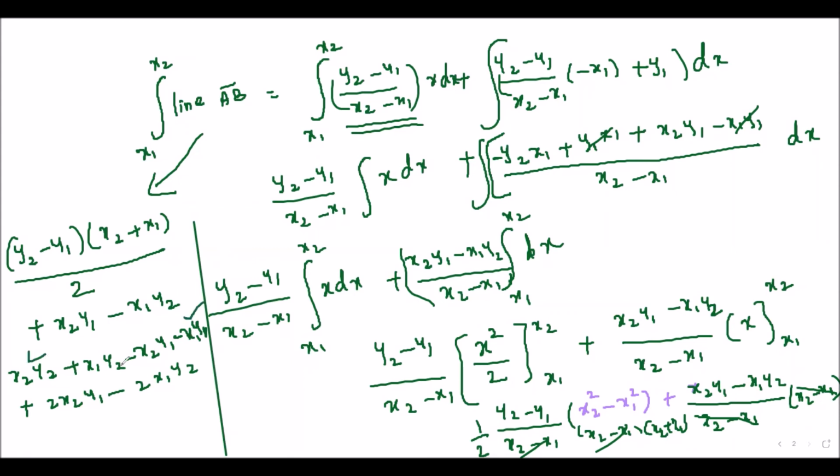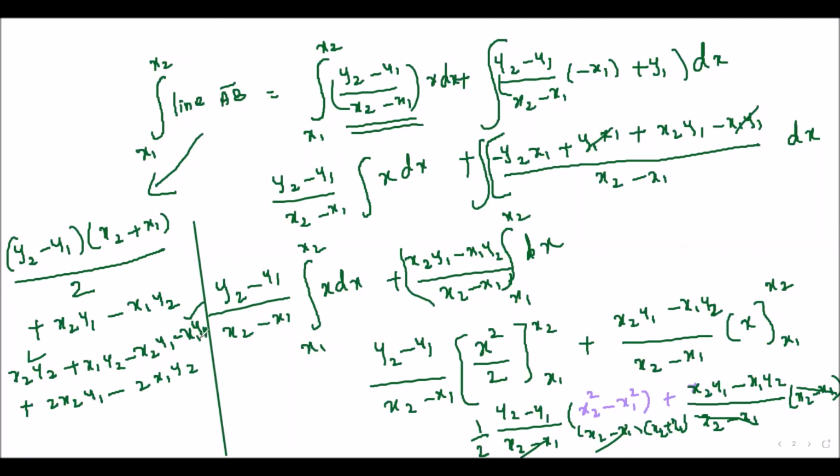Now here x1 y2 minus 2x1 y2 is there. So only minus 1x1 y2. Now here x2 y1 plus 2x2 y1 minus x2 y1. So the complete integration of x1 to x2, the line AB, is nothing but, I'm writing in the next page. So x2 y2 first I will write, minus x1 y1 I will write. So x2 y2 minus x1 y1. Let me go back and check again. x2 y2 minus x1 y1.